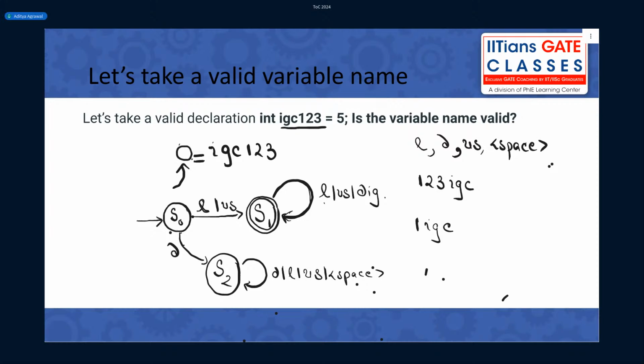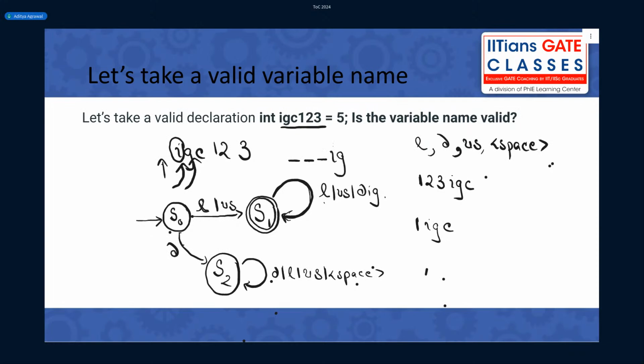So let's say I have something like this. This typically doesn't happen that much, but just in case, if you build a machine like this, you have some set of spaces, right? That is what my 3 is saying. Very good thought. And you have written something like IGC 123. These are spaces, not underscores.